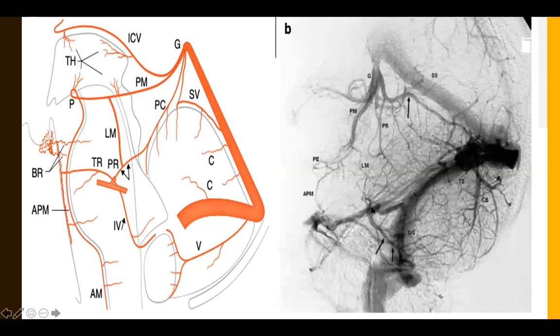So this is a lateral view of the DSA run, nicely depicting the straight sinus and the vein of Galen. The arrow depicts the superior Vermian vein. Then there is the precentral vein, and the posterior mesencephalic vein, which continues as the peduncular vein, and then this is the anterior pontomesencephalic vein. The posterior mesencephalic vein drains to the petrosal vein via the lateral mesencephalic veins. So it's a nice DSA run showing all the veins of the infratentorial sinuses.